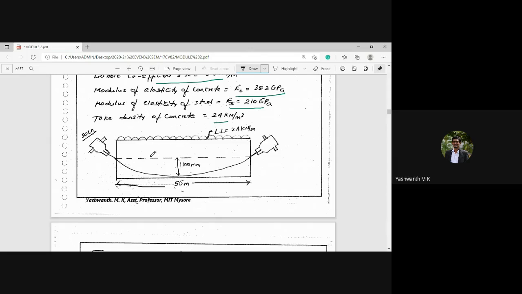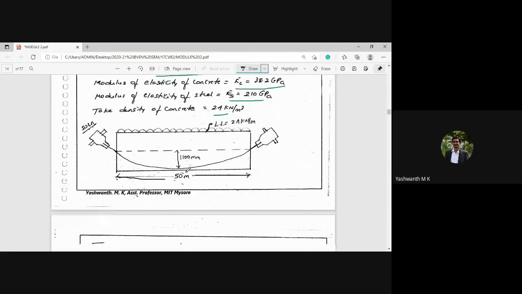The second thing, coming to the moment: at the support, the moment will be 0, and at midspan, the moment will be maximum. So now we cannot calculate the FC by using the same formula, just like what we did for the straight cable, because that FC will not be uniform throughout the span. Please keep this in mind. The compressive stress in concrete at the level of steel will not be uniform. It will vary based upon the span. That is, at the support it will be different, at midspan it will be different.